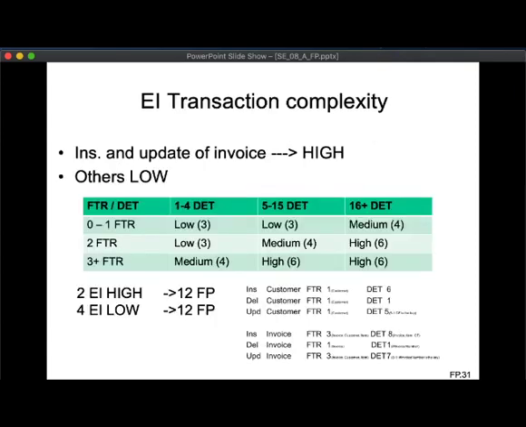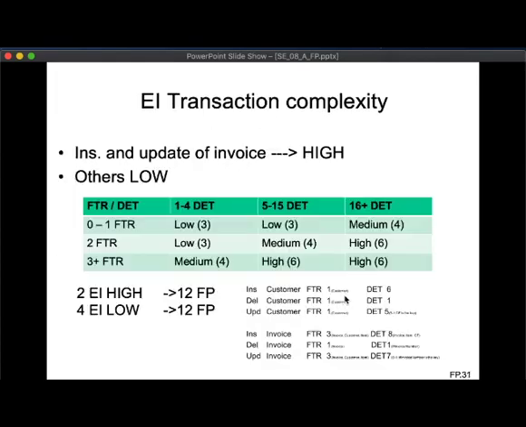So what is now the transaction complexity? The insert and the update are high and the others are low. Why this? Because let's remember our table. If you have between 0 and 1 FTR, and between 1 and 4 DET, you have low. So now, it's reported here in the slides, it's simply the snapshot of the previous slide,